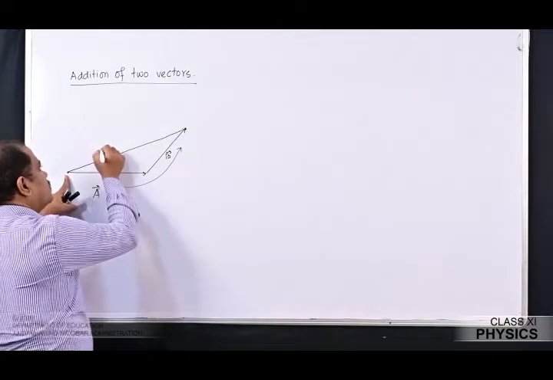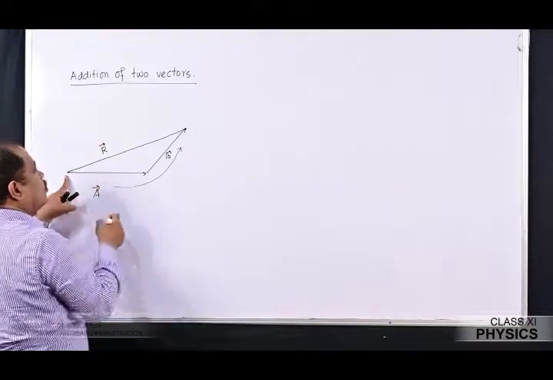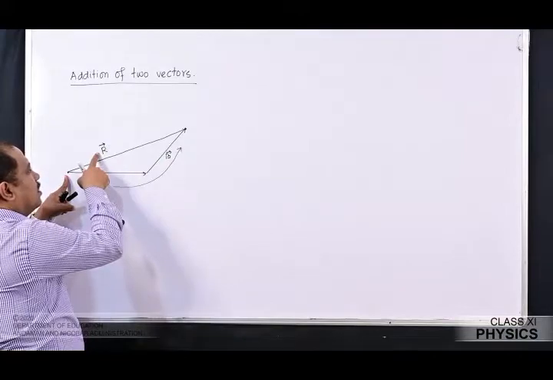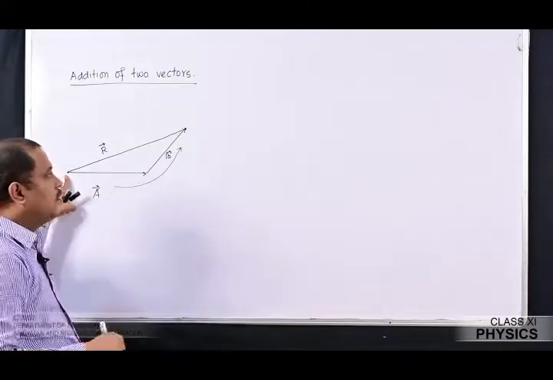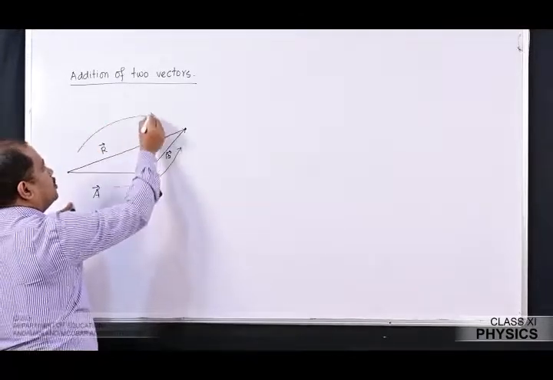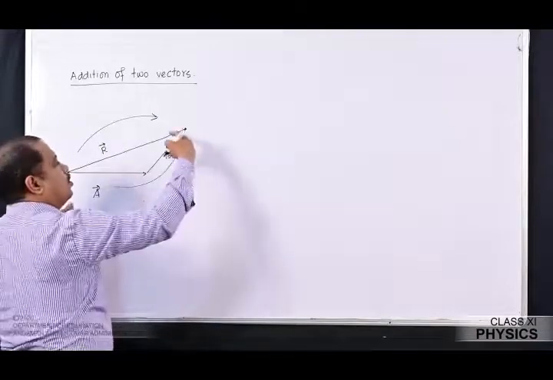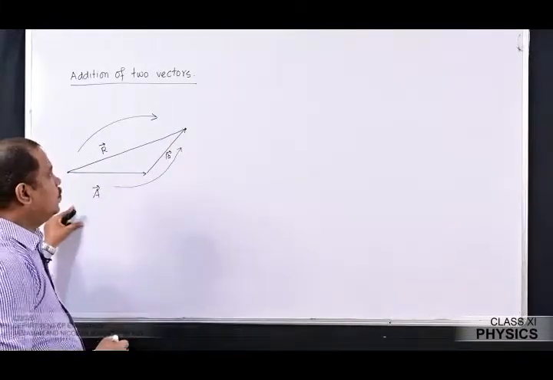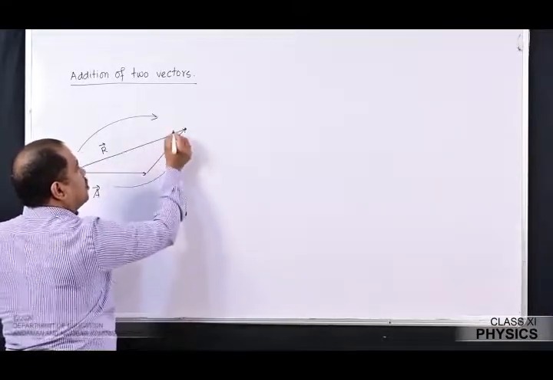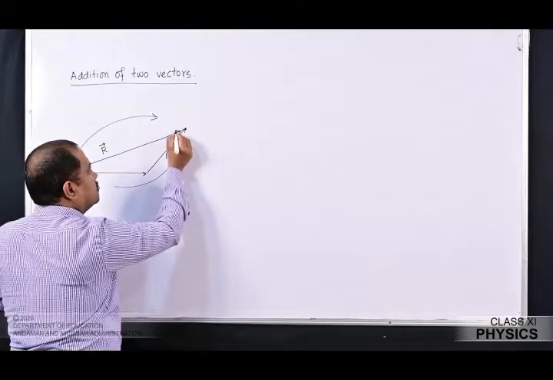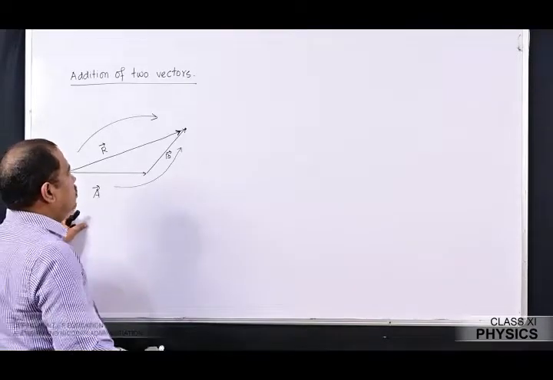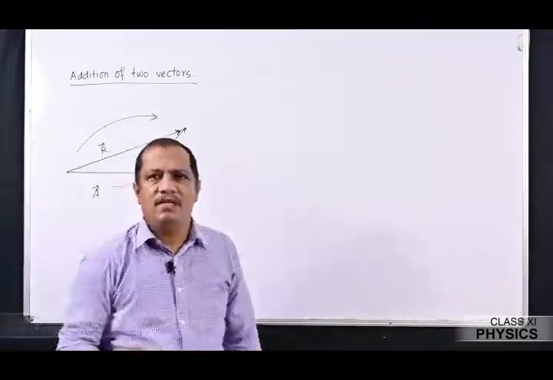In that case, let me say the resultant vector is R. So when I say addition of these two vectors results in a resultant vector R, then this R should have direction. Magnitude is this length. Direction must be taken in the opposite order to that of vectors A and B. This is the flow of the direction, so for the opposite order, this will be the direction of the resultant vector. This is the way we geometrically add the two vectors.